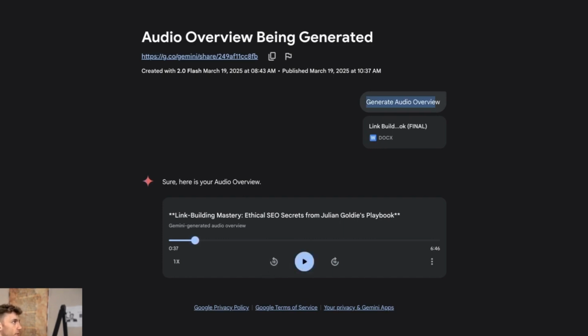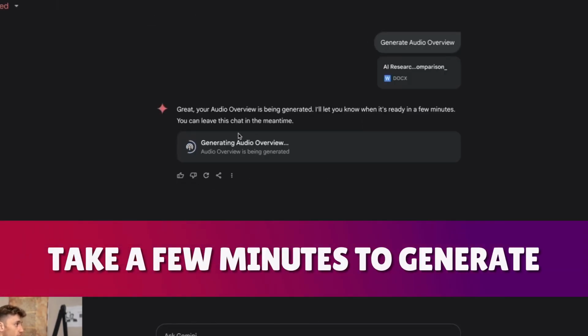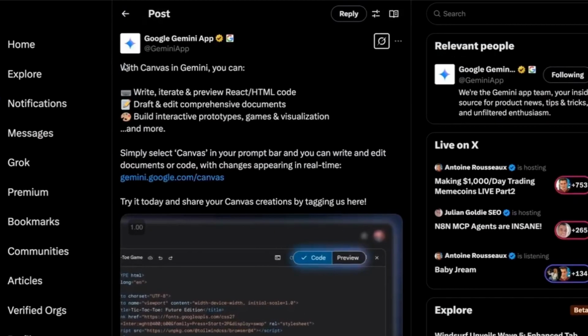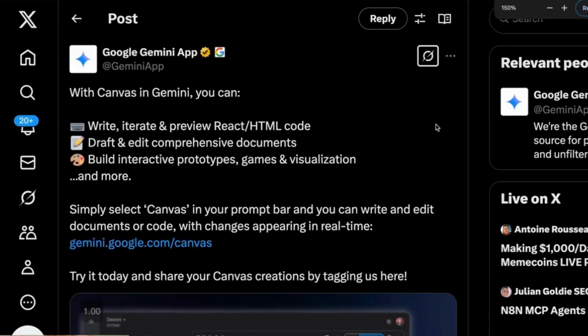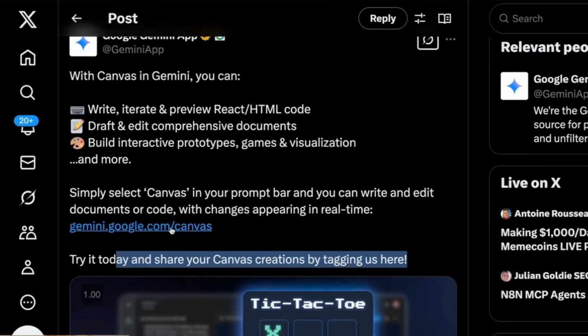So that's enough of that, but you get the point. Like, it's pretty easy to set up, pretty easy to automate audio, and literally all you do is just upload a document. So between those new updates, really powerful stuff. And it does take a few minutes to generate, so this one is still being generated, but you get the point, right? So this was just announced literally a few hours ago. And again, you can share the canvas. You can go to